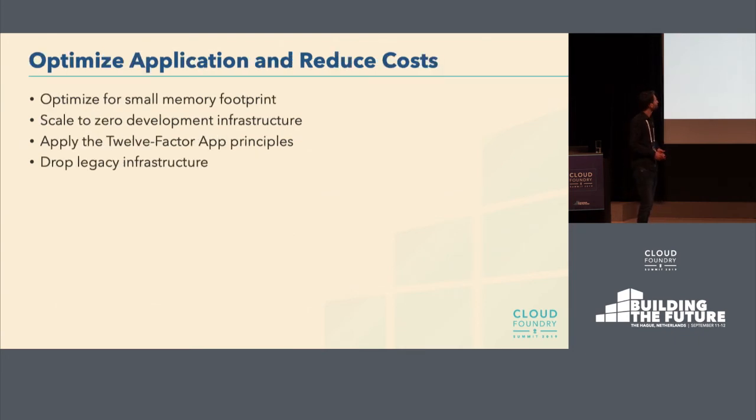The next point we want to talk about is optimizing the application and reducing the cost overall. First of all, memory in the cloud world is one of the most important parts. You should check your application and see if there's any way to optimize it to use less memory. This will definitely help you to reduce the cost, and there's normally always something any application can do better. So we recommend looking into that.